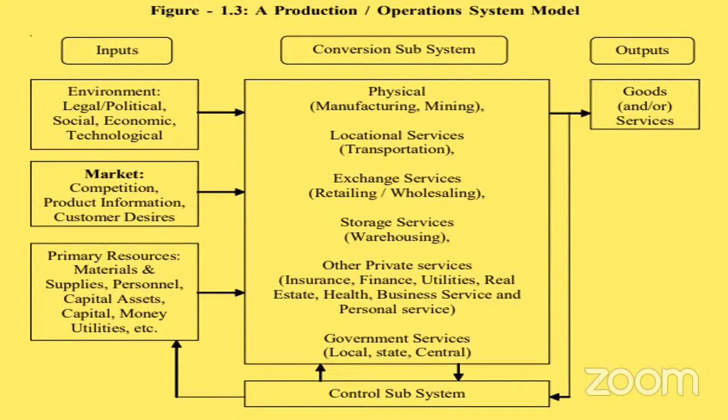the businesses. So there is cutthroat competition and product information. If you are not going to provide any product information, then we cannot manufacture the product, and customer desires